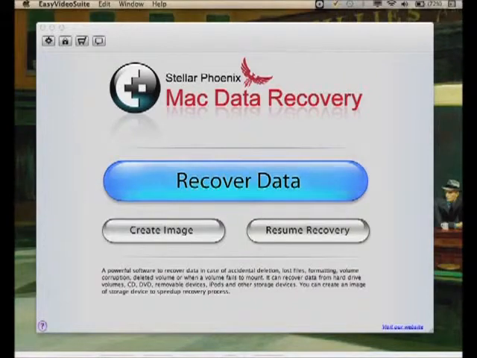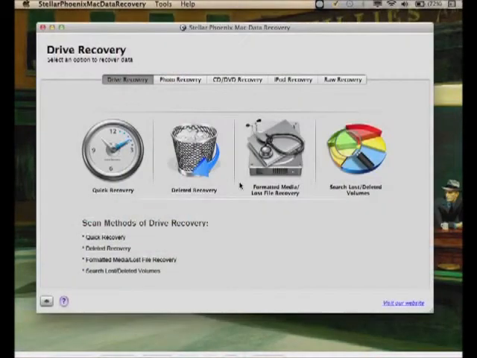Okay, now that you've downloaded the software and installed it, go ahead and launch it from the applications folder, and this is what you'll see. This is the first screen that comes up. So what you want to do is go ahead and click on the recover data, this big blue button here, and it's going to give you a variety of options. So depending on what you're trying to do,